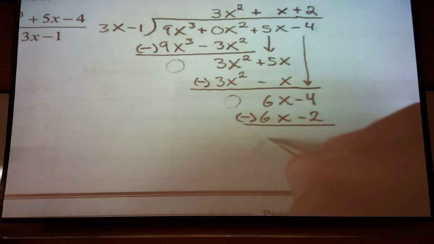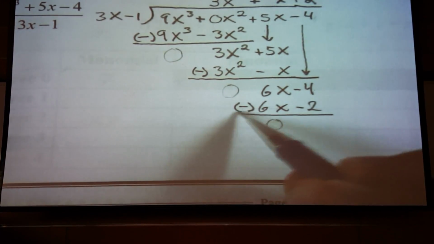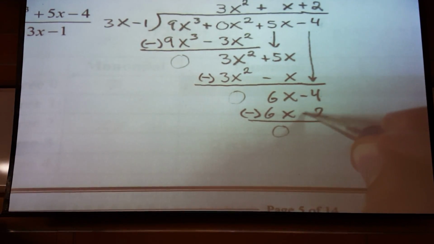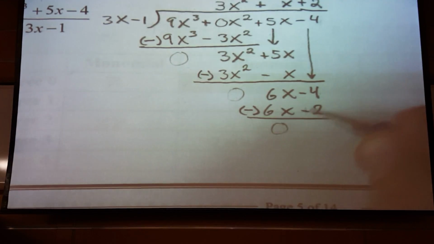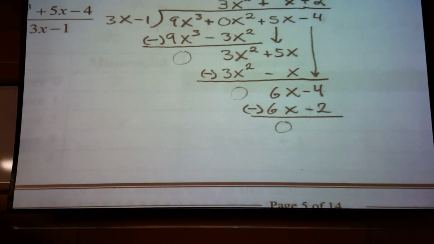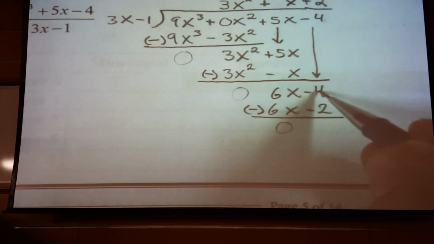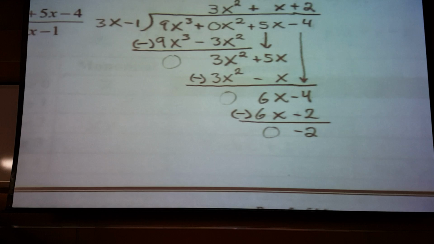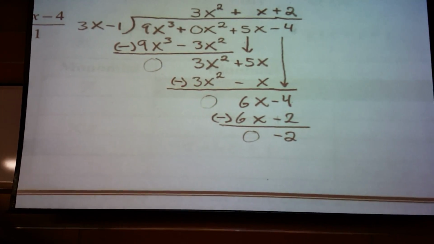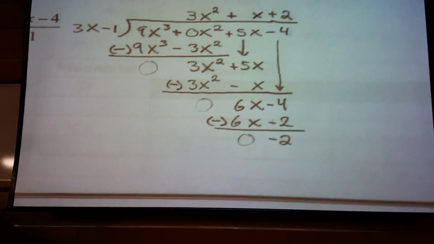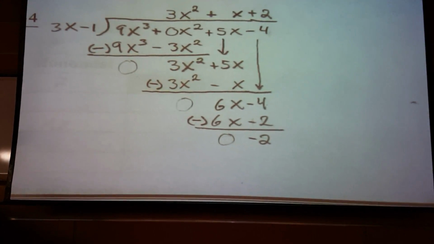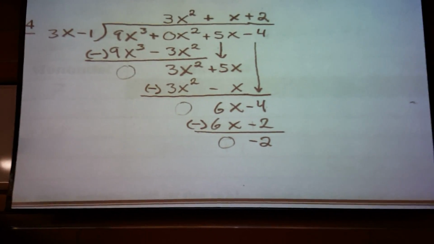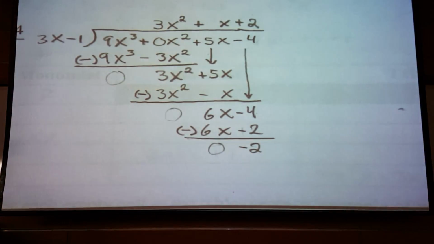6x's going to 0, of course. Negative 4 minus minus 2, that's the same thing as negative 4 plus 2. Don't put a plus sign on top of that 2. If you have to go back and check your work and it's turned into a plus sign and you can't remember which came first, the minus or the plus, it'll distract you. So negative 4 plus 2 makes negative 2. The negative 2 is our remainder, and leave the remainder there. Sometimes we put r equals -2, but for the purposes of being thorough with our polynomials,